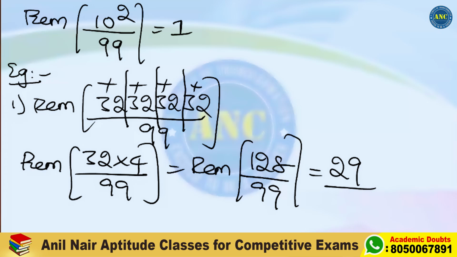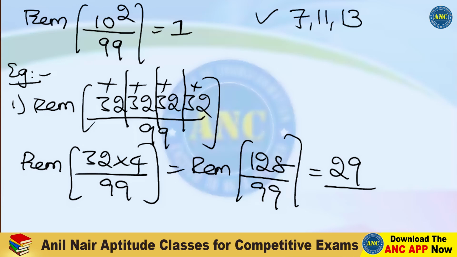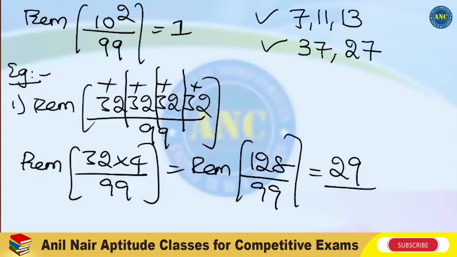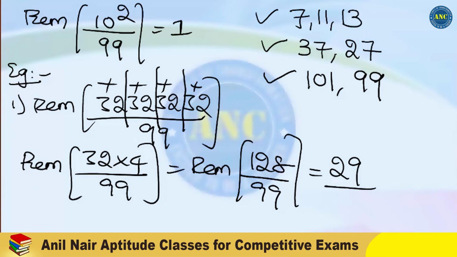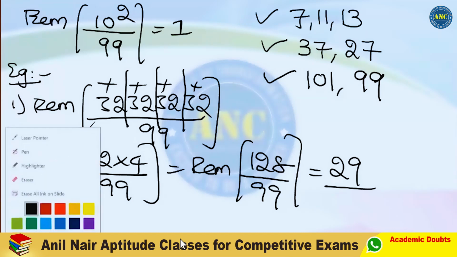What are the concepts we discussed? We discussed the divisibility rule for 7, 11, 13. We discussed the divisibility rule for 37 and 27. We discussed the divisibility rule for 101 and 99. Are you all with me? Right. Next one. Idea clear, right? Now,